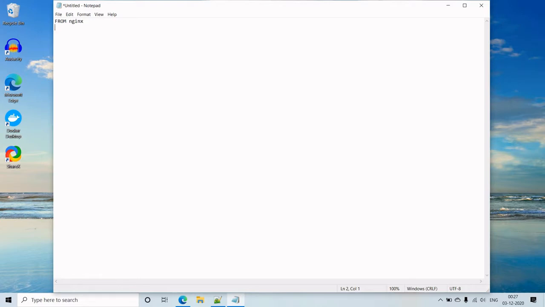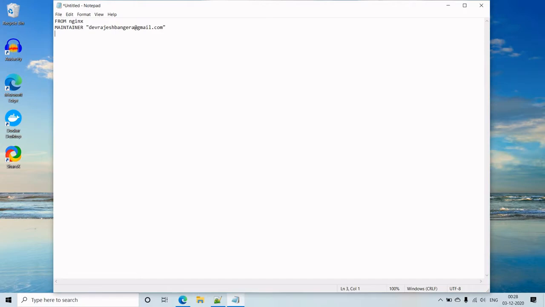And then I will specify the maintainer. The email ID of the maintainer will go here.